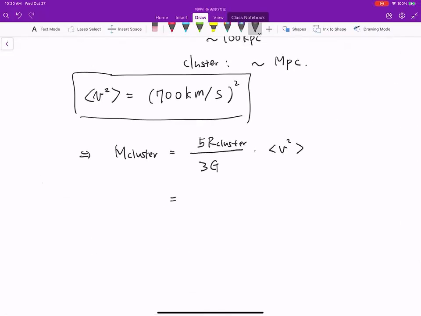Okay, so then the Newton constant. We have to know the Newton constant. G is the Newton constant, which is given by 6.67 times 10 to the minus 11 cubic meters inverse kilogram inverse second square. So if you put those numbers in, then you can obtain